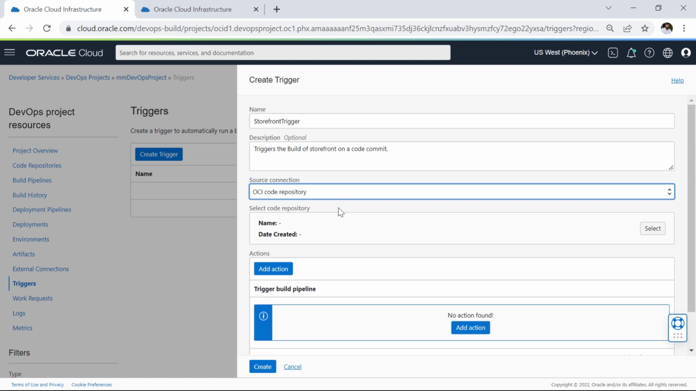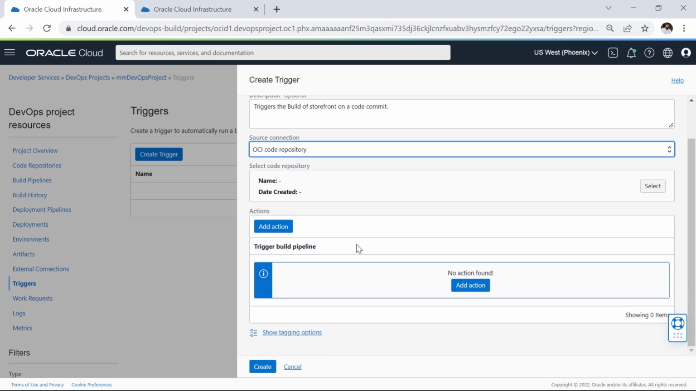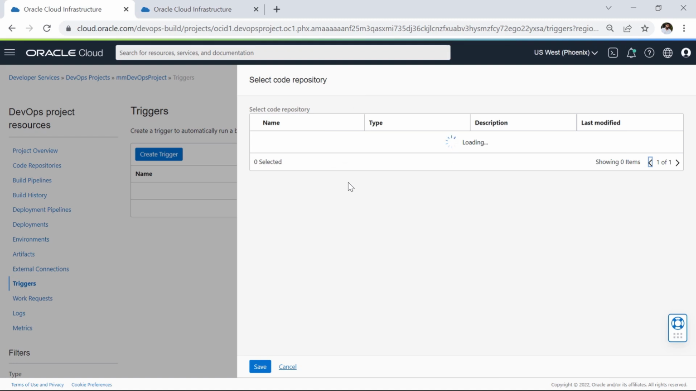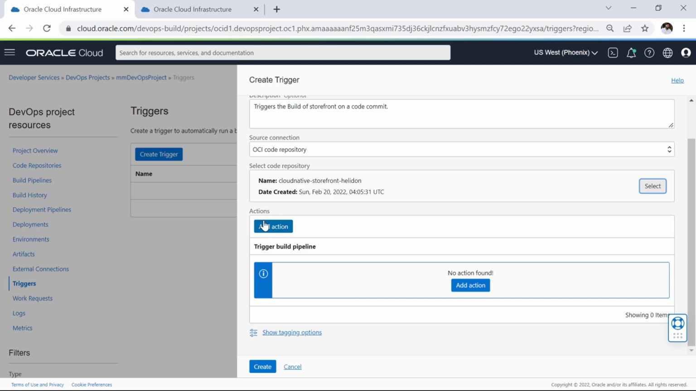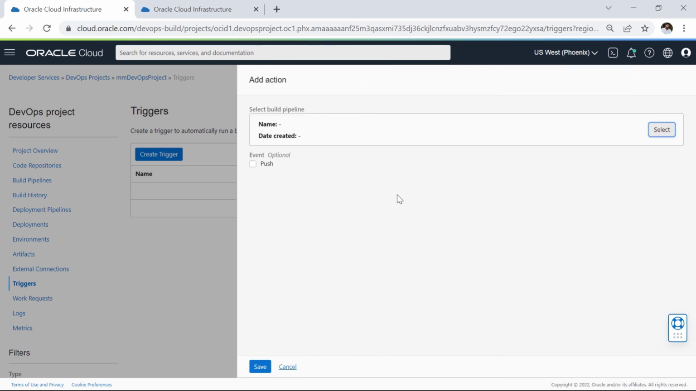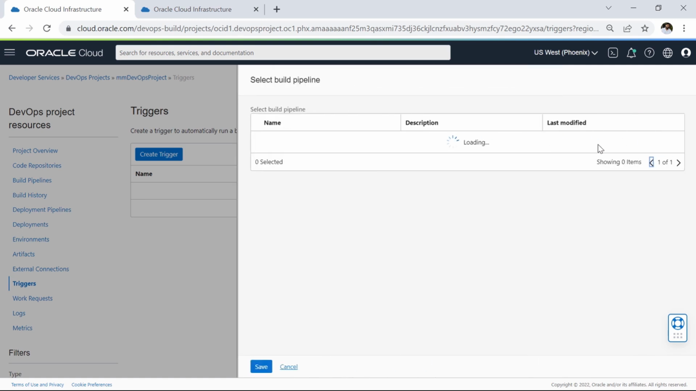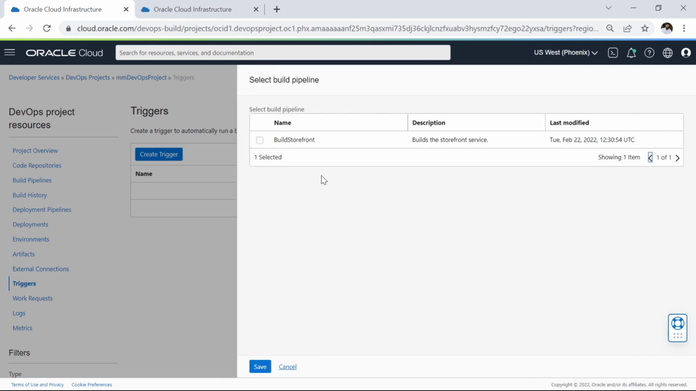So once you select the OCI code repository, it is asking you for a few more details. It is asking you to select the code repository. So click on select and choose your project code repository, which is Cloud Native Storefront Helidon. I'll select that and click on save. Now it says to add an action. Click on add action and this particular pop-up asks you to select the build pipeline that you wish to trigger. So click on select. Since there is only one build pipeline, we will select the build storefront build pipeline and